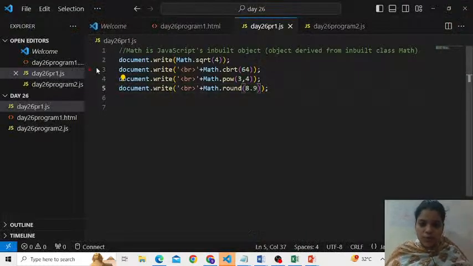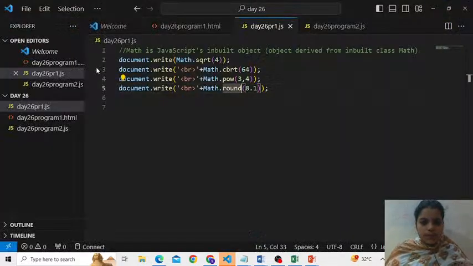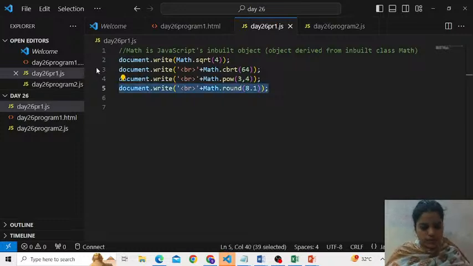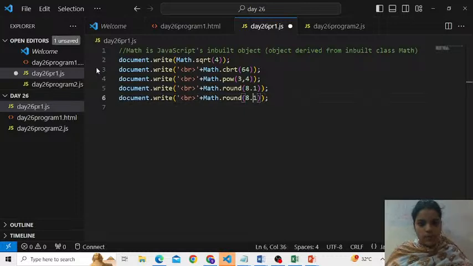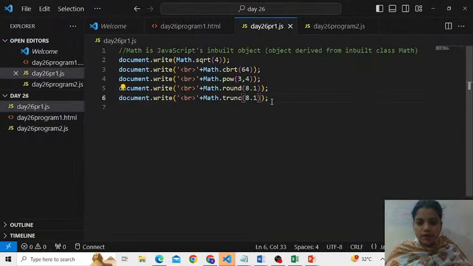But if I say 8.1, rounding to 8. But instead of round, if I end up using trunc, let me see if you can guess the difference, people. Okay, still returned 8. And suppose I try to truncate